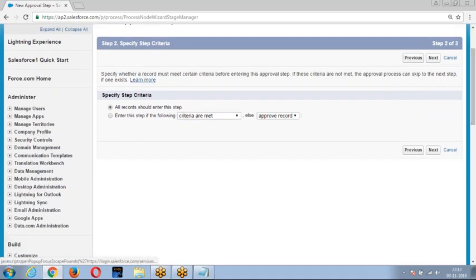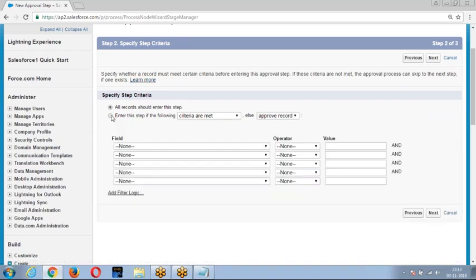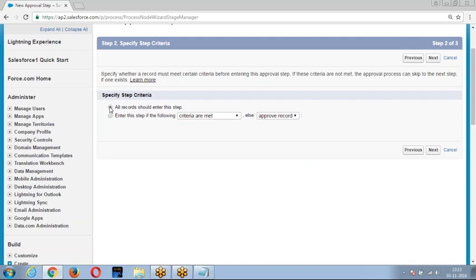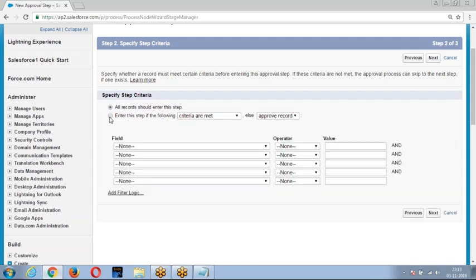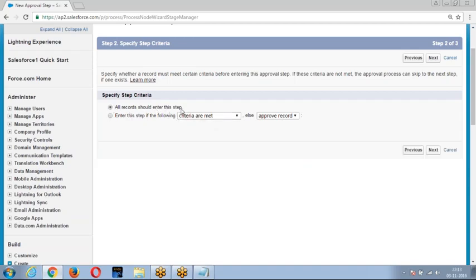It asked, boss, should every record enter this step or only those records which are meeting this condition should enter? You are going to create an approval step. Which record should enter this step? Do you want every record to enter this step? No, you want only specific records which are meeting this condition should enter this step. As of now, I am saying every record should enter this step.